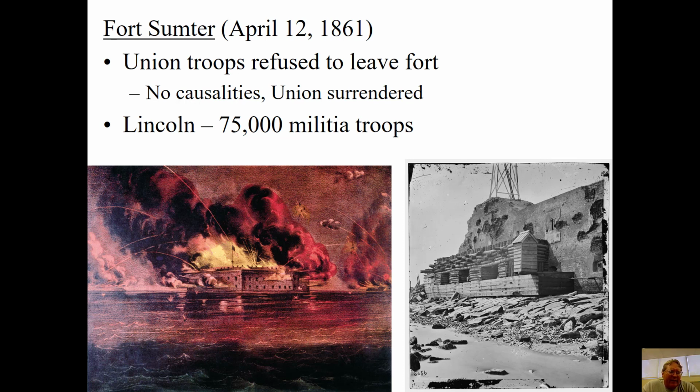Well, the reason they're going to make this their symbol, if you will, right? Their moment of announcement that they're not going to accept federal authority anymore, is because there's a federal fort sitting in the middle of Charleston Harbor. It would really make it impossible for Southerners to import or export anything out of South Carolina with this federal fort there. So in April of 1861, this new Confederacy that South Carolina is a part of sends word to the federal commander at Fort Sumter that you need to leave the fort,